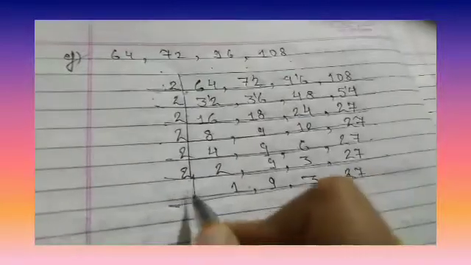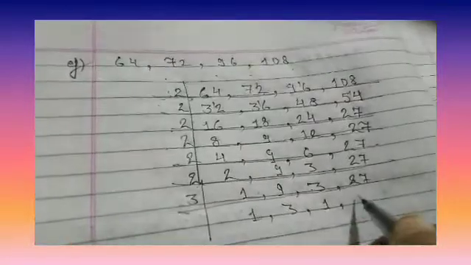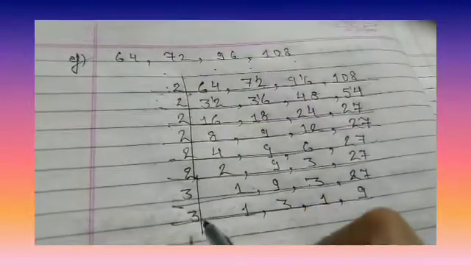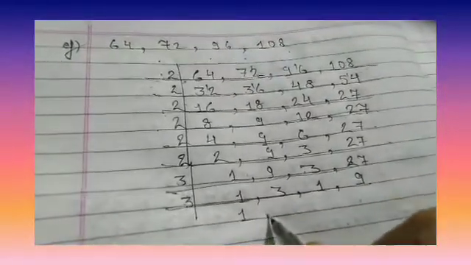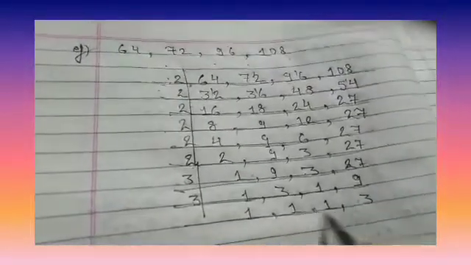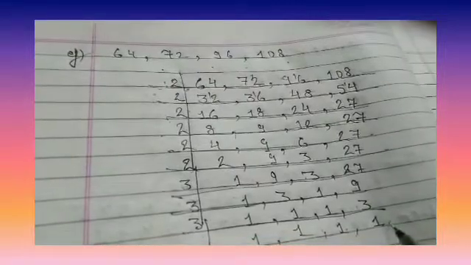Now look, take the next number. 9, 3 and 27 will go by 3. 1 as it is, 3 3s are 9, 3 1s are 3, 3 9s are 27. Okay. Again with 3. Now 1 as it is, 3 1s are 3, 1 as it is, 3 3s are 9. Now again with 3, and we get 1s, 1s, 1s and 1s. Okay.